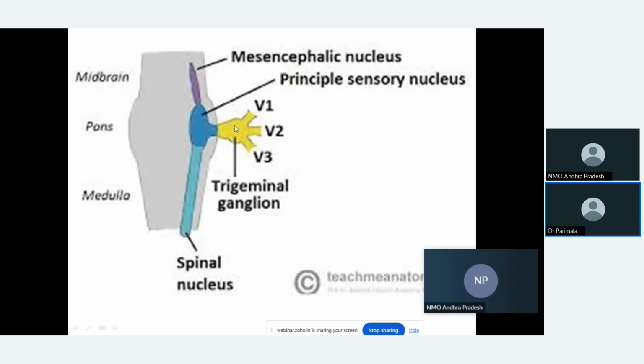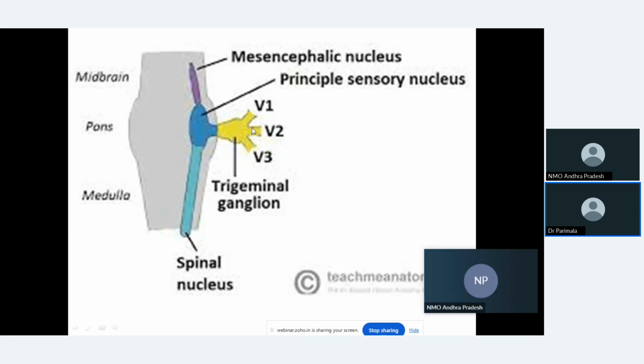So another small introductory point I would like to start with, so that it will be easy for us to go through the section. So here I am projecting one nucleus. What is that nucleus? It is a nucleus of the trigeminal nerve. What is the trigeminal nerve? The trigeminal nerve is a sensory nerve for the head and neck region. It is a major sensory nerve for the head and neck region. So all the sensations of the head and neck will go to the trigeminal nerve nucleus, which is extensively present in the brainstem. The brainstem consists of midbrain, pons, and medulla.